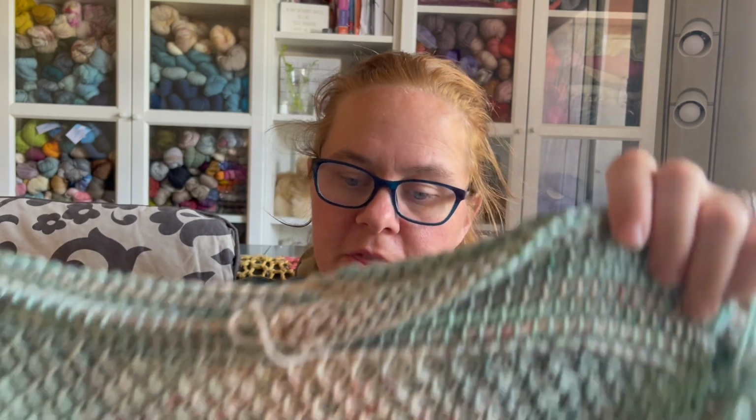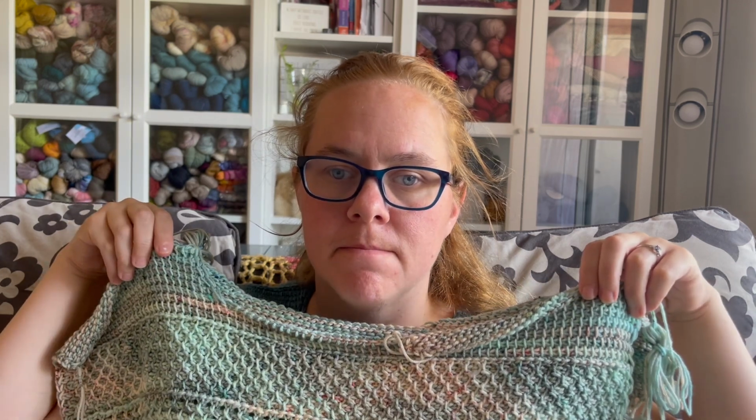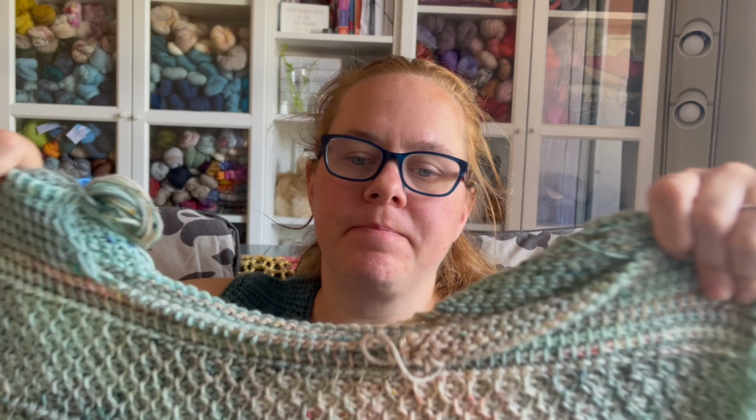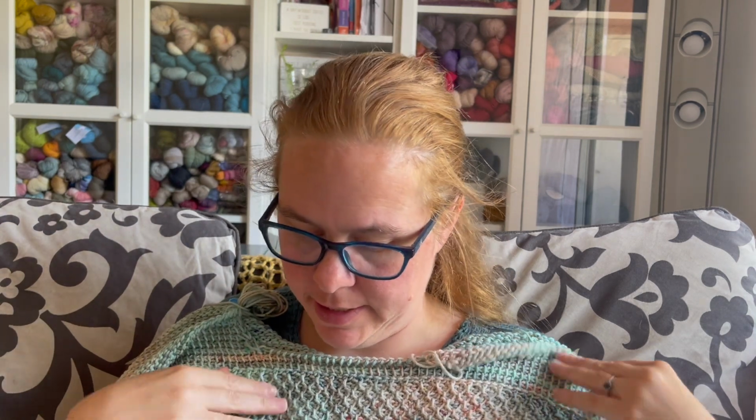And so the yarn that I'm using for this is La Bien Aimee. Aimee? I say La Bien Aimee. I'm not sure what it is. Please tell me, someone. I'm using La Bien Aimee Merino DK in the color Tidal Whispers, which is this really variegated steel green, blues, teals, creams, with speckles of various, like you can even see some speckles of